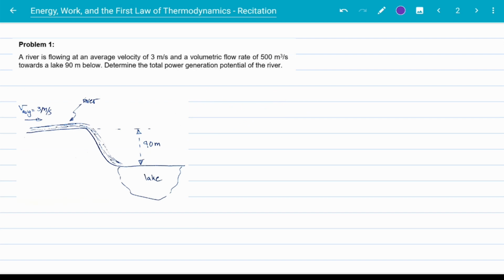Now, without further ado, let's get into it. The first problem is a rather simple one. We have a river flowing with a flow rate of 500 meters cubed per second, and it's going towards a lake which is 90 meters below. The problem says if the river's average velocity is 3 meters per second, what is the power generation potential